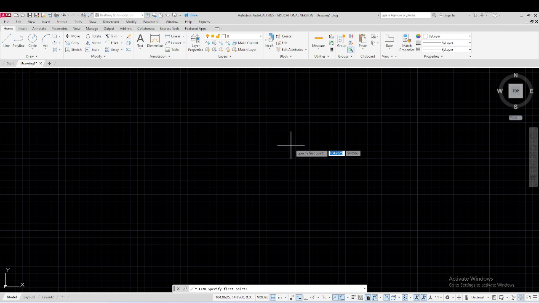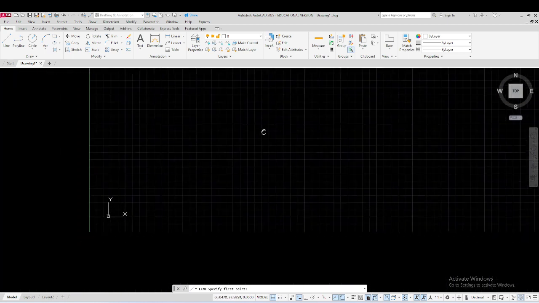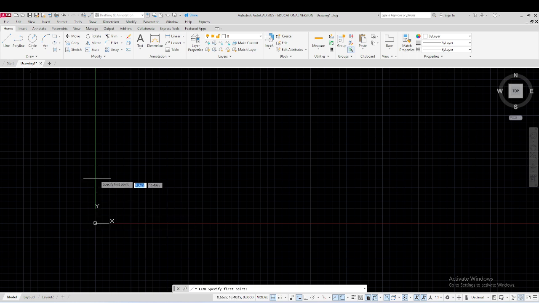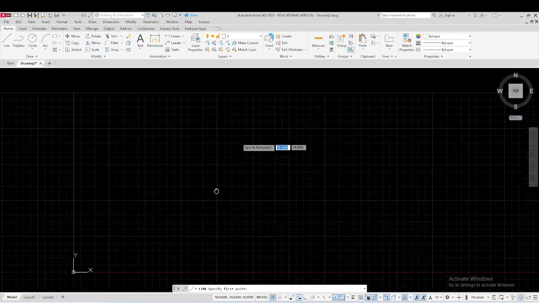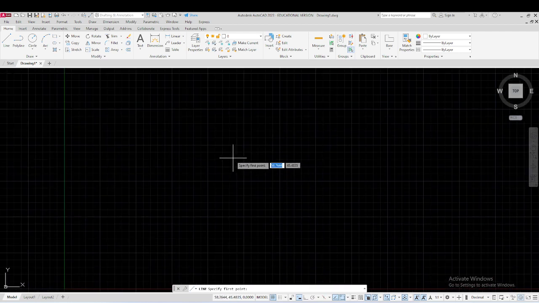If I move the cursor on this canvas or on the screen, you can see these coordinates are getting changed. Now, what is the center of this coordinate? You can see this x line and y line. The intersection of these two lines is the origin. And if I bring the cursor to the second quadrant, the x coordinate is becoming negative. If I bring it to the third quadrant, both the coordinates x and y become negative. If I bring it to the fourth quadrant, x positive, y negative. So these we call dynamic inputs, and currently